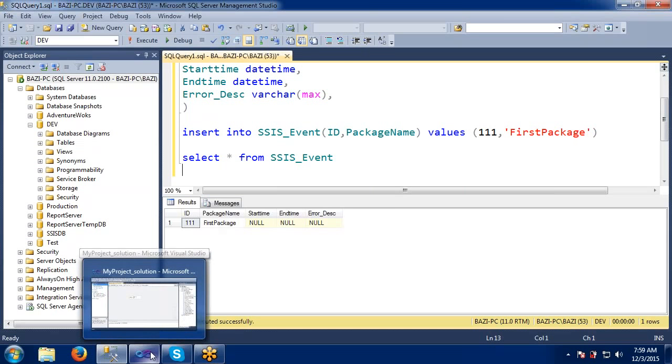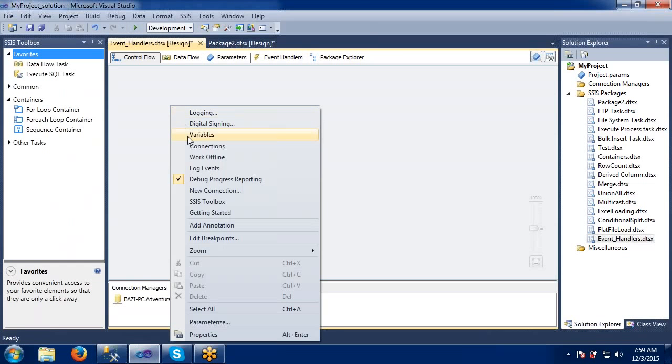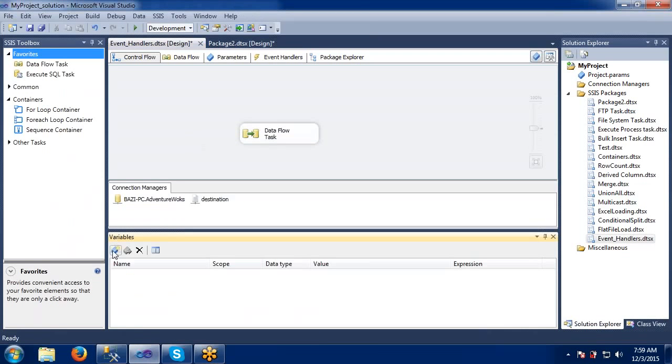For that, I will take two variables here. Add the first variable, let's say package ID, and you know all these things, right?